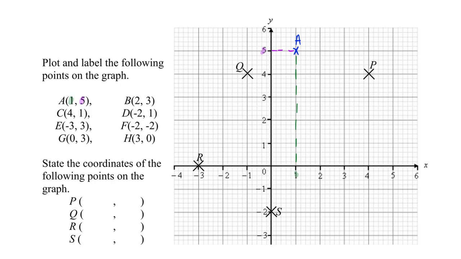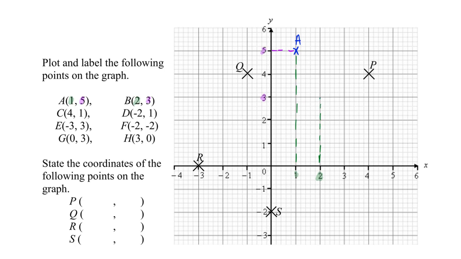So as I continue, point B is at the point where x is equal to 2 and y equals 3. And so from 2, I just need to make sure that I go up until I